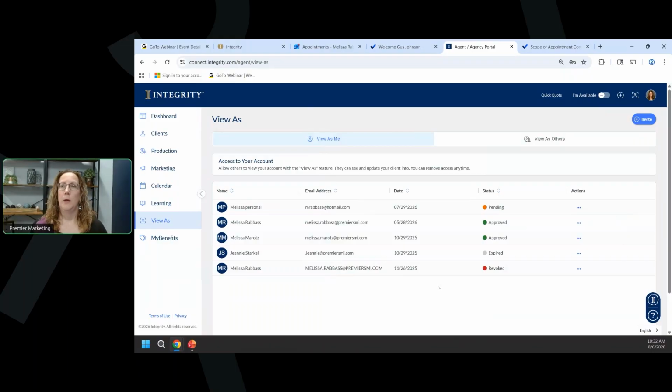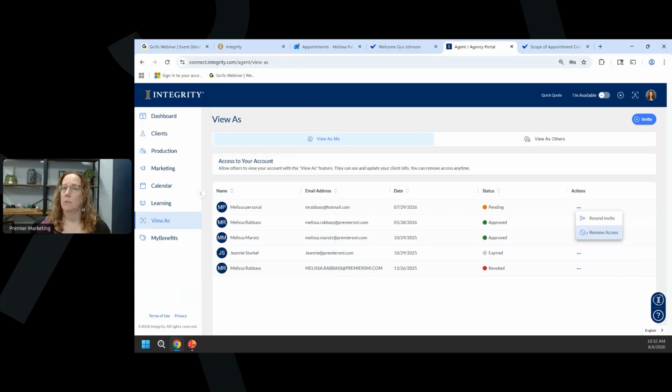Now, if you've got someone who leaves the office or your temporary worker is done, you can go in at any time and remove their access. It's just two clicks of a button. Just click on those three action dots there and hit Remove Access, and then they will no longer be able to go in and view your account. All right. And I can actually show you what it looks like